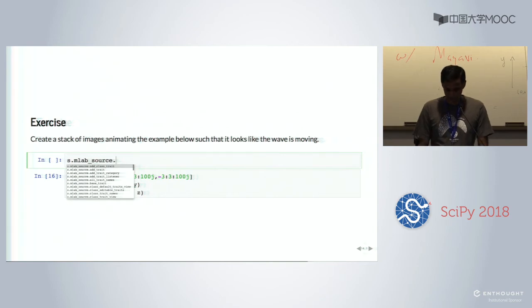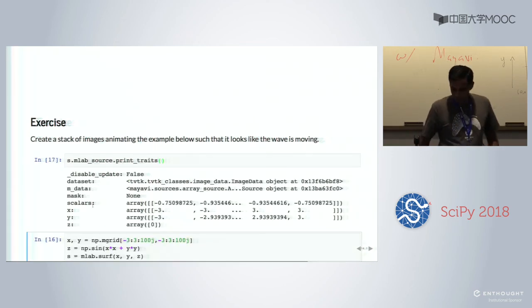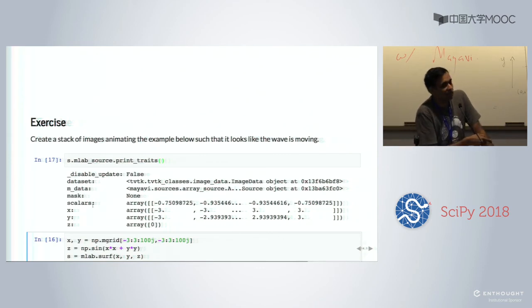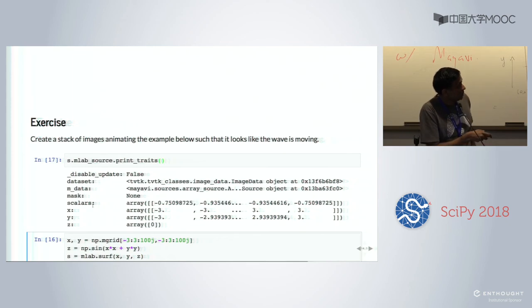That's too many options. If you did print traits, s.mlab_source.print, oh boy, it will show you a bunch of attributes. The data set is something, if you don't know what it is, don't mess with it. Mdata is the underlying Mayavi data set. So if you want to go and futz with that, you can.